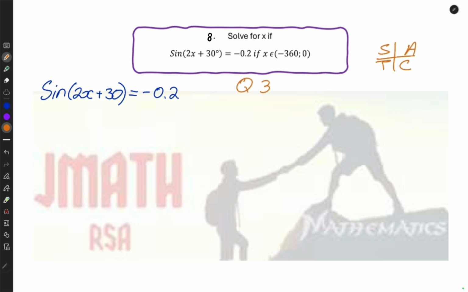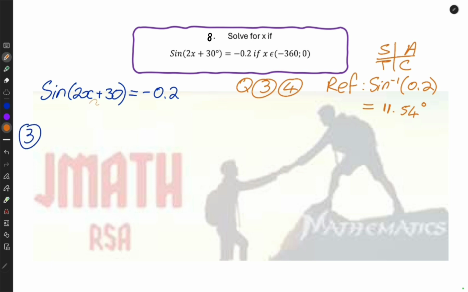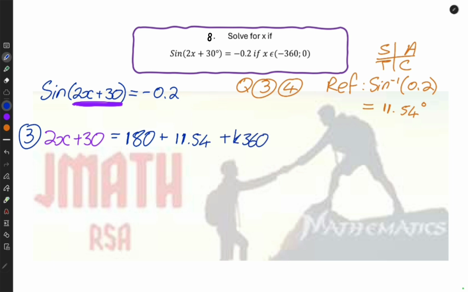So I know my quadrants, I can just jot them down. And then my reference angle, I would get if I say shift sine, okay, never type the minus, so 0.2. And then my calculator tells me that is just 11.54 degrees. Okay, so now for quadrant 3, I am going to use what they started me off with. Okay, so always remember that. 2x plus 30 is equal to quadrant 3, which is 180 plus reference angle, 11.54, plus K 360, and then K